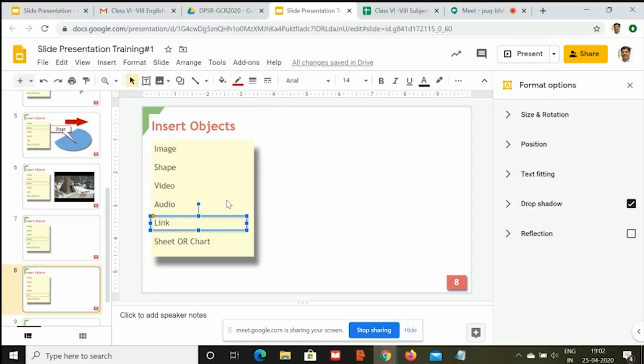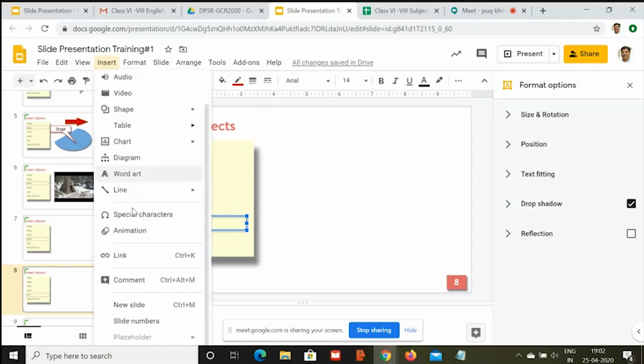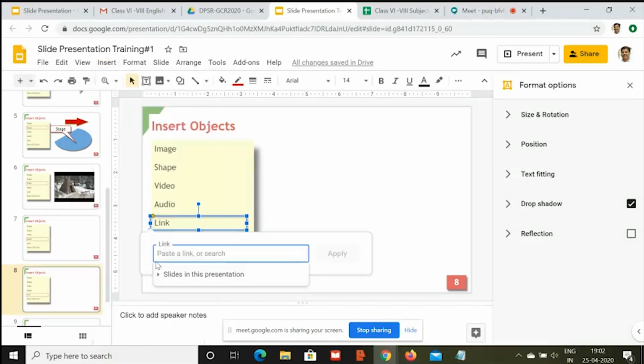I'll just give you an example. Think about, I click on insert and link, and I'll get this kind of link here. Either you're talking about a link from within your slide presentation, you want to skip from first slide to last slide, that is possible.